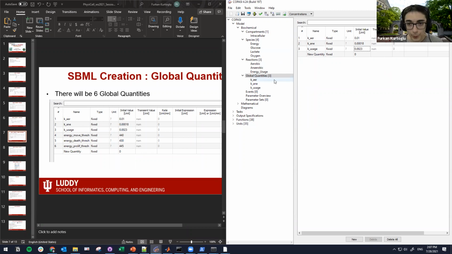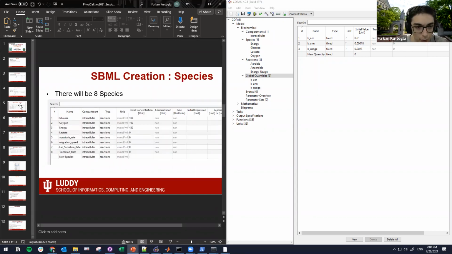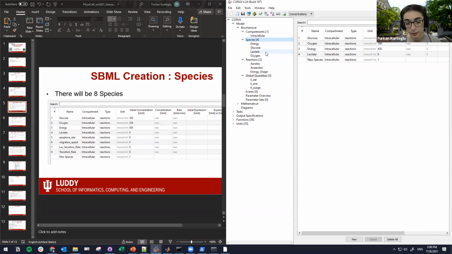Okay, so those parts were all related with chemical reactions. The next thing that we will add, the species, events and the global quantities, will be more related to the update phenotype part. So let's go back to the species. Okay, so in PhysiCell, when we use LibRoadrunner,